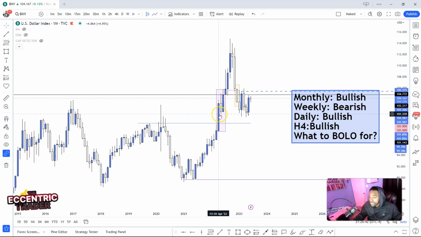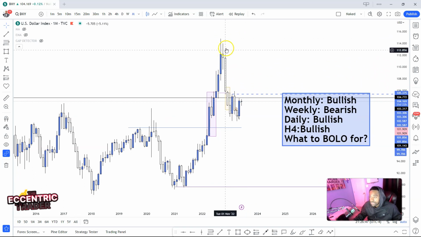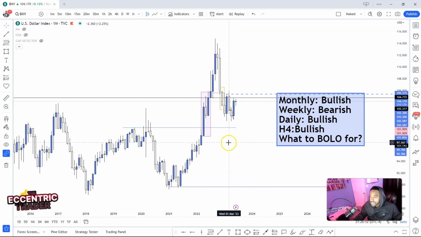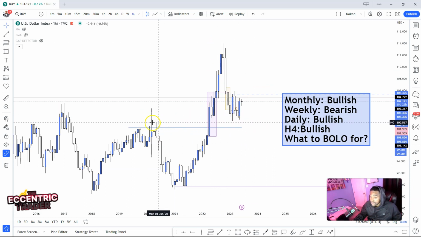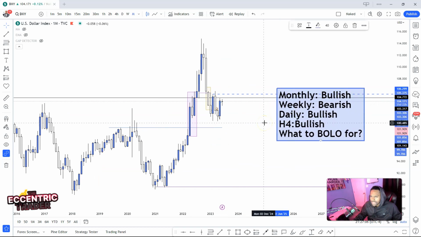So the level of resistance was broken, price came back up, tested another level of resistance and shot back down, right? I call that a BOR, break of resistance. Price came back down to test newfound support, the resistance now turned support, right? Now we're waiting for price to transition. If it was to continue up in an uptrend, we're looking for it to transition and create some type of